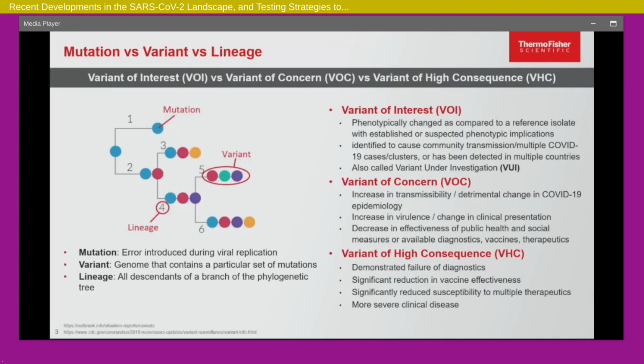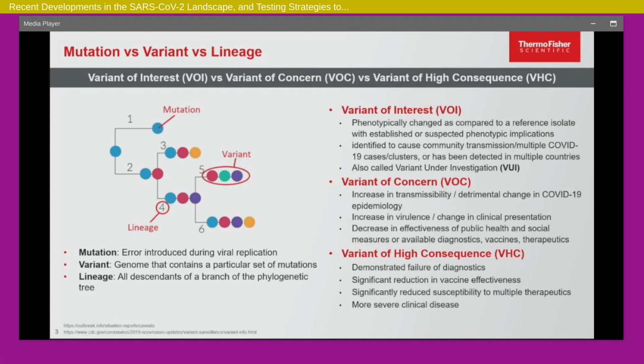And these are some of the concepts, right? We've heard these names, we read them all the time. So what's a mutation? What's a variant? And what's a lineage? The mutation is specifically a change in the nucleic acid, in the sequence of the viral genome. That can be a single nucleotide change, a modification, or even a deletion of a larger set of nucleotides. And you'll see that happen in one of the variants, the UK variant, or the B.1.1.7, or the alpha variant.